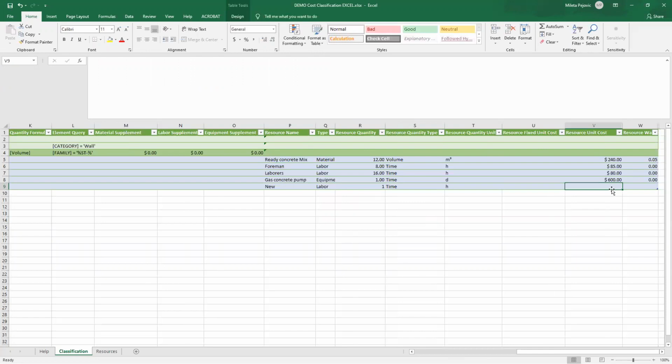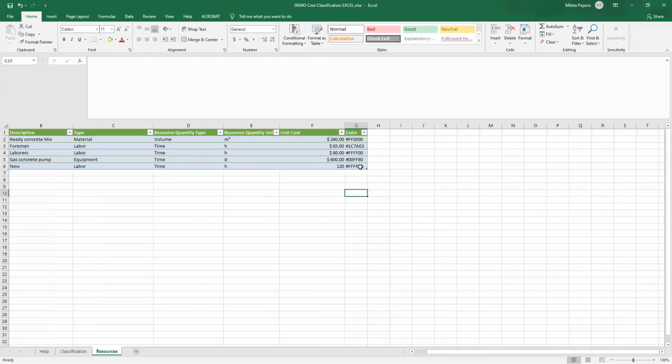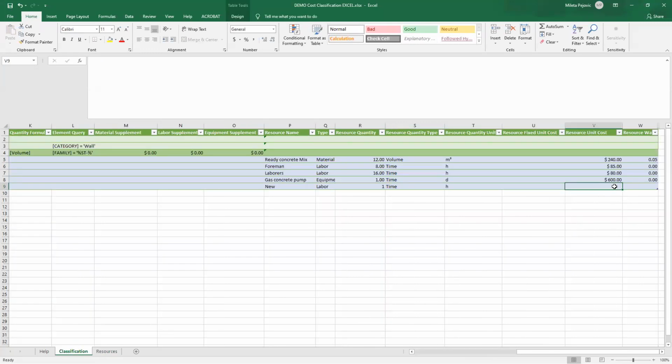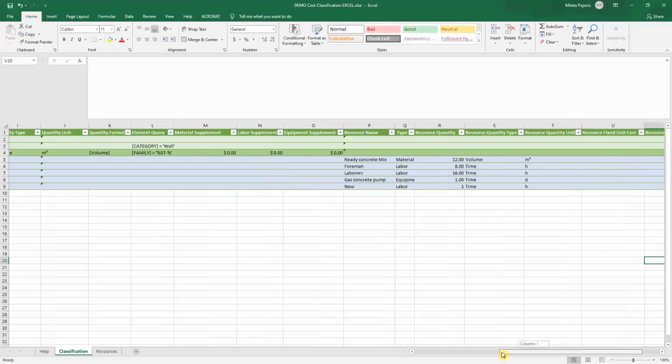And then you can specify the price right here, override, or the price will be used as it's used here. So I'm going to use this option. You can choose the same, or you can override the price right here. And again, the next thing you can specify is the resource waste factor. For this labor, we're going to say that the waste factor is 0. So if we save this,